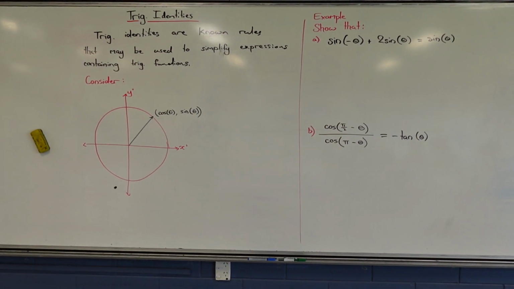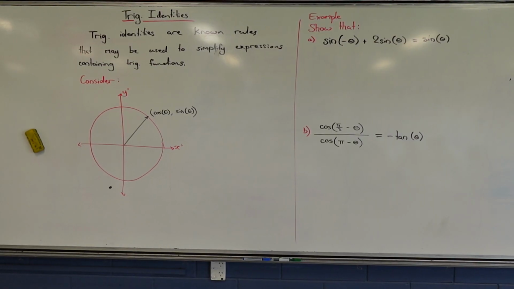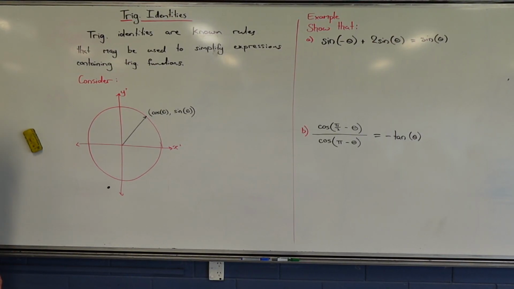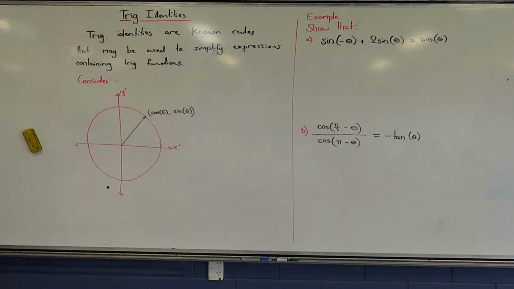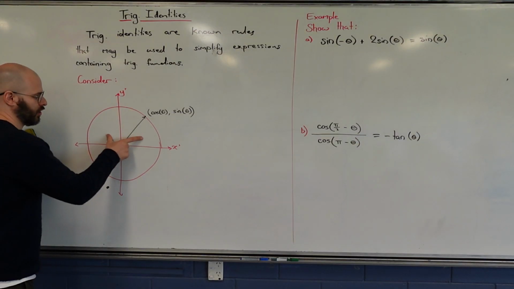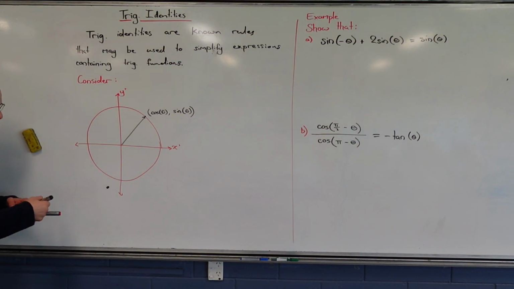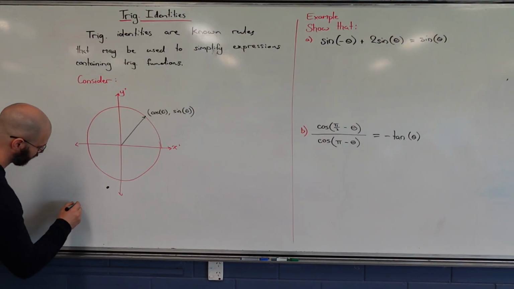We're looking at the trig identities, where basically a trig identity is just a known expression that we can use to simplify more complicated expressions. Now, the ones that we're going to look at, I want you to think of the unit circle here. The identity we're going to focus on first is